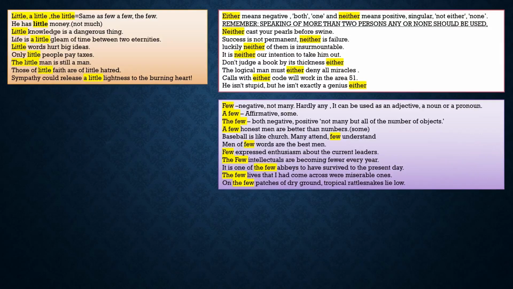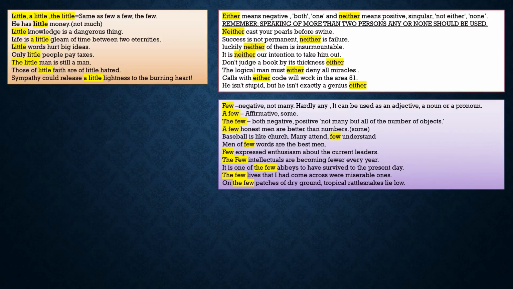And some means some. The few can be both negative and positive. The few means it could be both negative and positive. Not many, but all the number of options. A few honest men are better than numbers. Some men are honest than the other number of people. That means